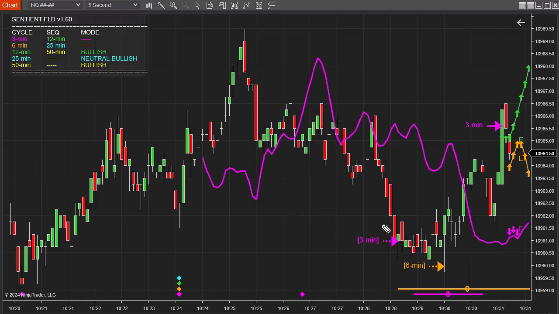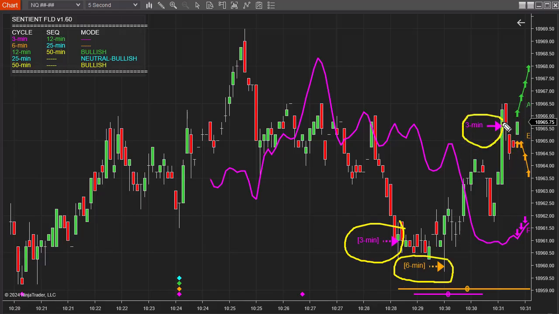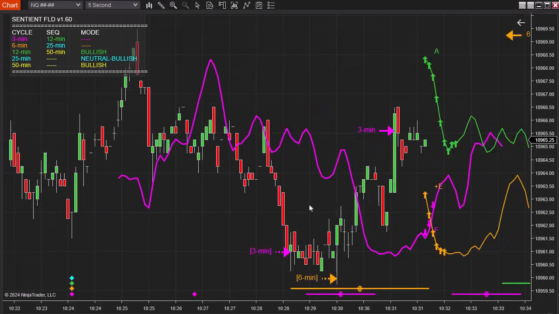charts. Notice as a matter of interest how even on a 5-second chart, these targets for these very short cycles prove remarkably accurate, and you will find even the very short cycle targets are often reached. Can you go shorter than 5 seconds? Yes, you can. You could apply the FLD indicator to a 1-second chart, but you will not then be trading shorter cycles. The shortest cycle that the indicator will work with is the 3-minute cycle that we see here on